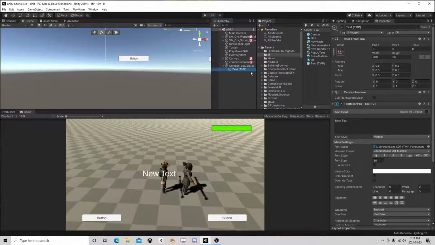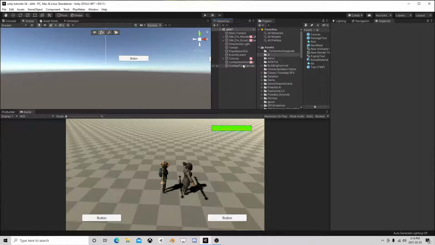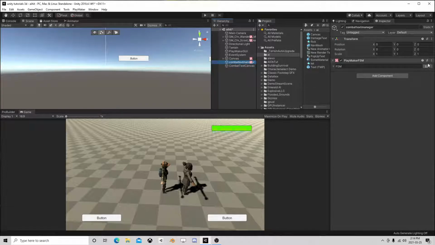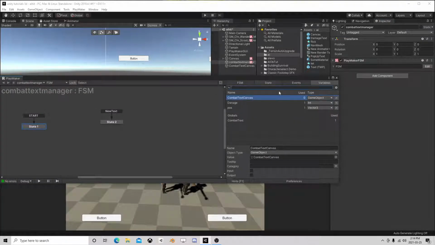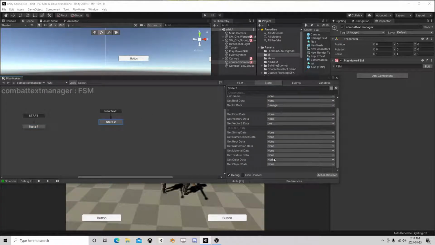So I'm not even going to adjust the size on this or anything, but I'm just going to prefab. Actually, let's change its name. And I'm just going to prefab it and delete it. So like I literally did nothing to it. And I'm just going to pull it in. So if we get this info,